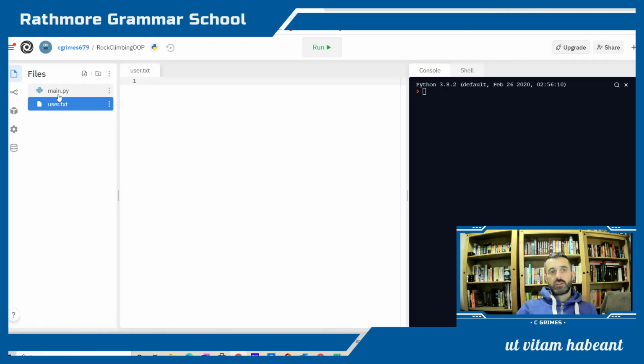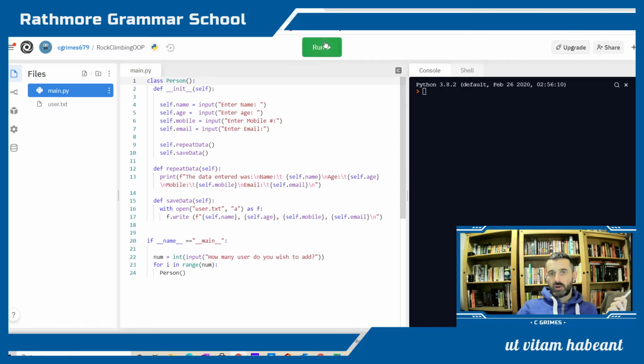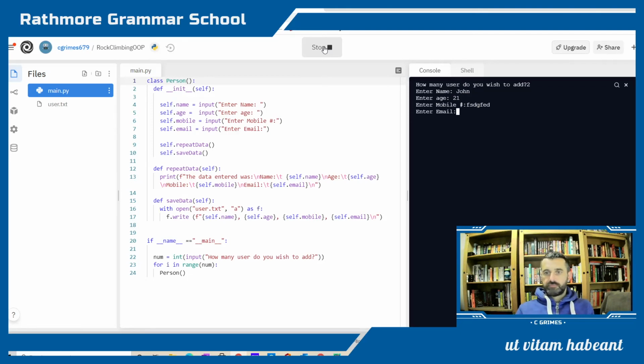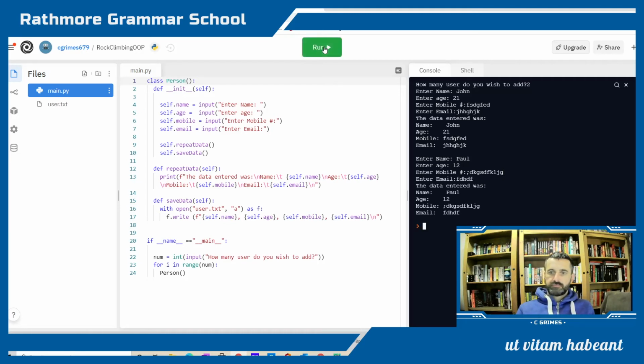So we've got nothing on disk. We run this here in the main program. It's going to ask how many records. Throw in 2 records, John and Paul, and you should get the idea. Put in these details and so on. It repeats it and it saves it,